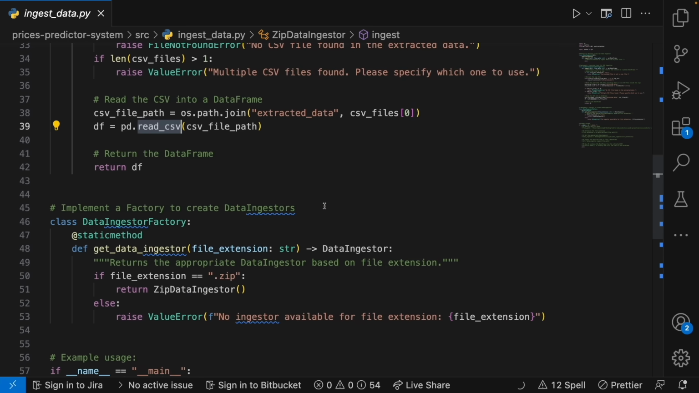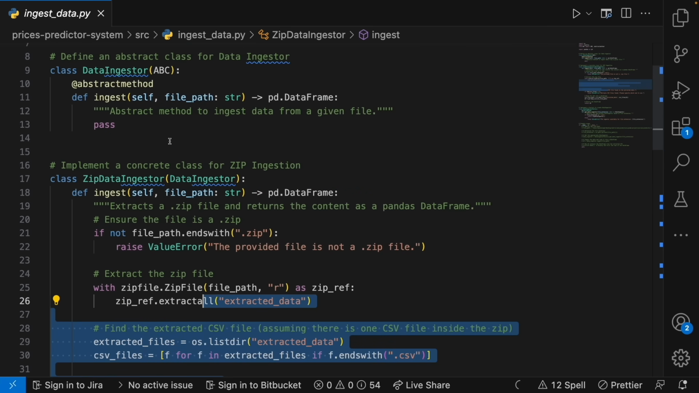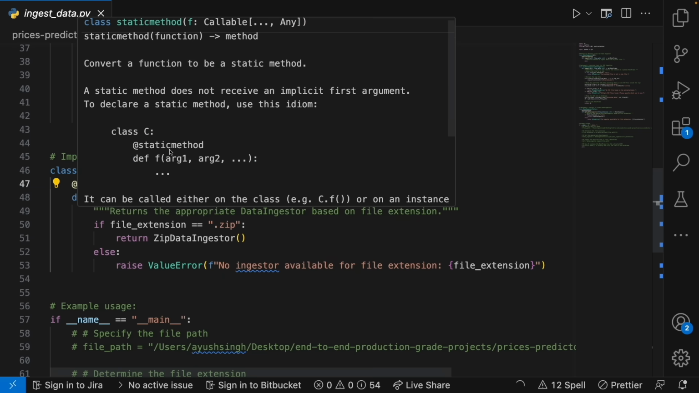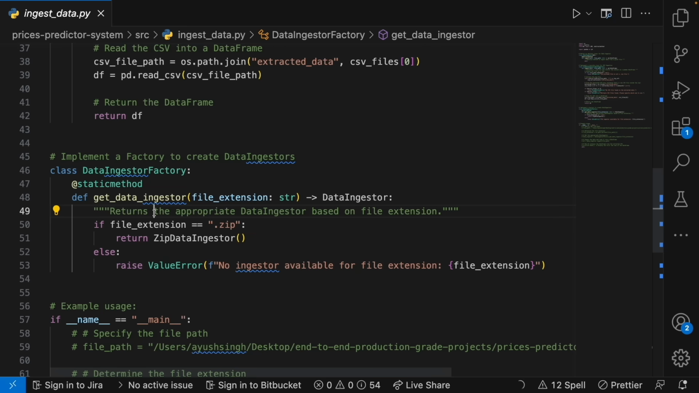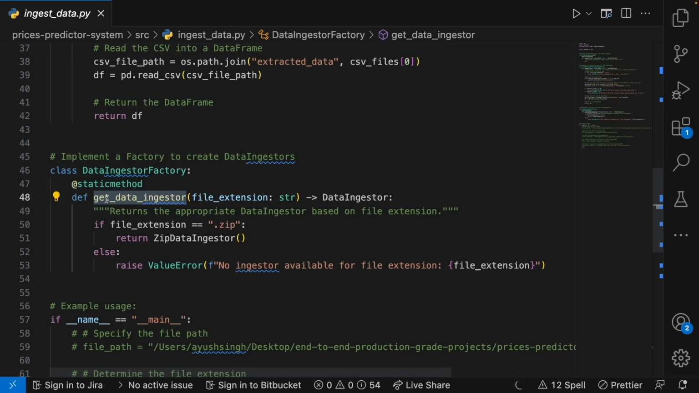Okay, perfect. Now, because we have the zip extension, we have the zip product ready, we simply go ahead and create the factory. It is a static method. Of course, I expect that you already know static methods and abstract methods, because they are the basics of Python to be learned. So you say get_data_ingester, with the file extension, and then it will return the data ingester